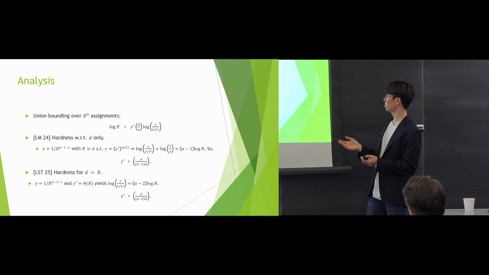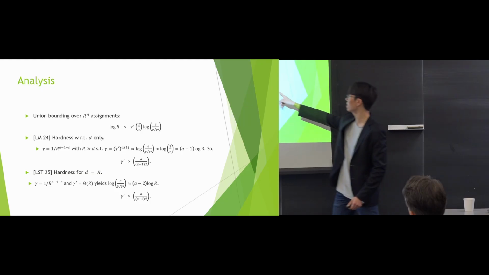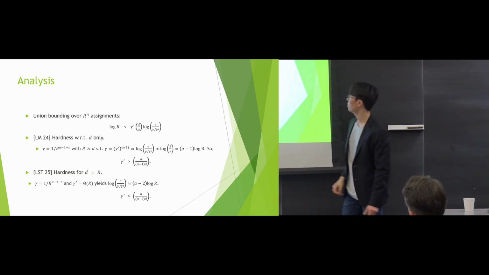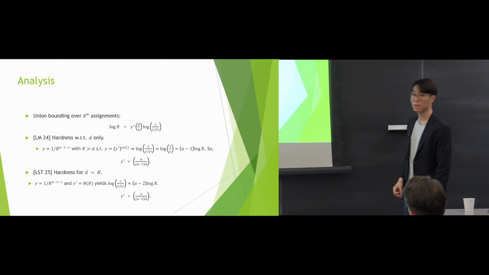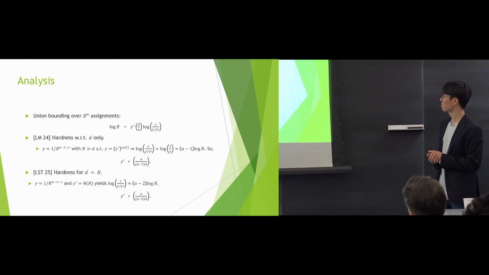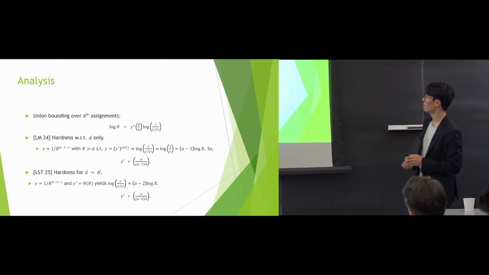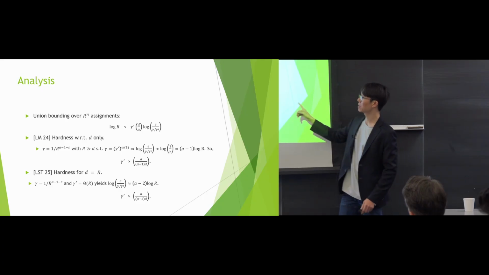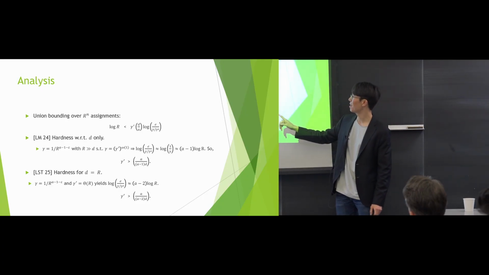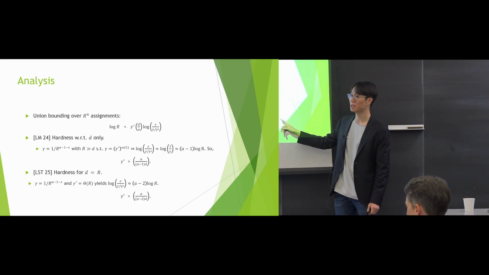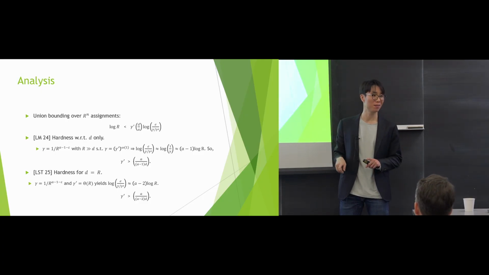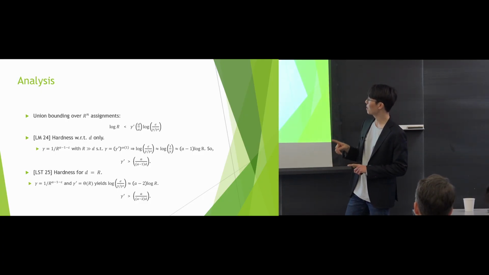Okay, so the log R here just cancels, and then we just get the gamma prime and DNA. And then, for some reason that will be clear soon, I think we also needed to consider the case where D is equal to R. And then if you let D be equal to R, then